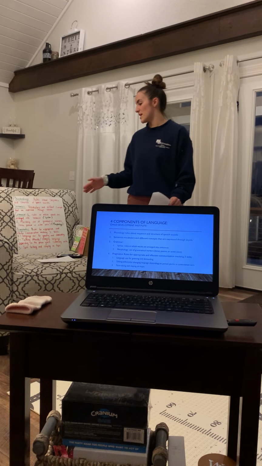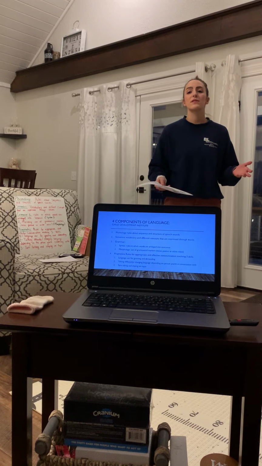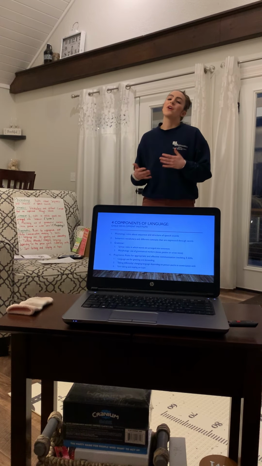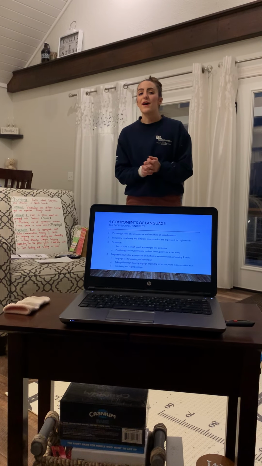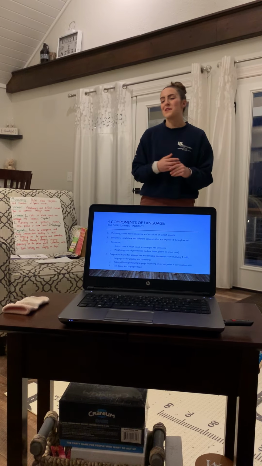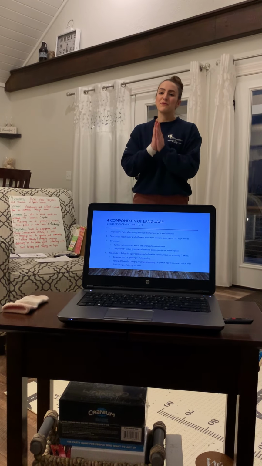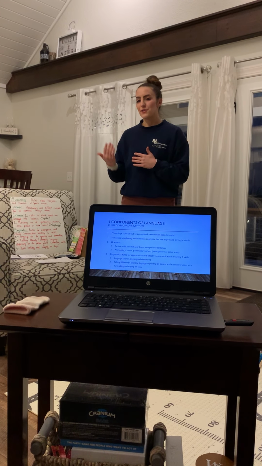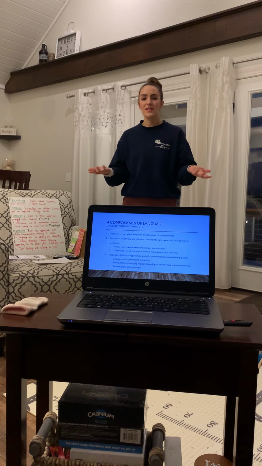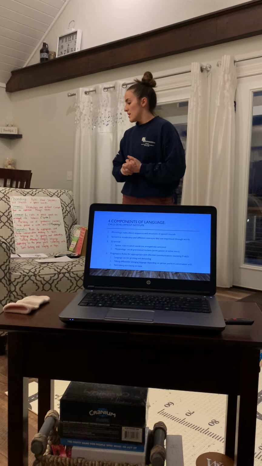The next is semantics, which is all the vocabulary and different concepts that are expressed through the words. There are some examples such as when you're in junior high or high school and you're given all those vocabulary tests that no one likes to take, and you have to memorize all of these words to get ready for your SATs, and also when you have to read through a poem or a piece of literature and then find the main idea or the common concept throughout. Those are all ways that you can practice working on semantics.